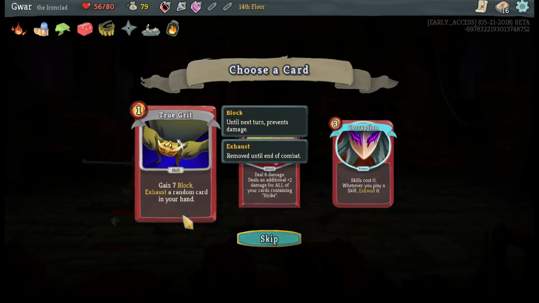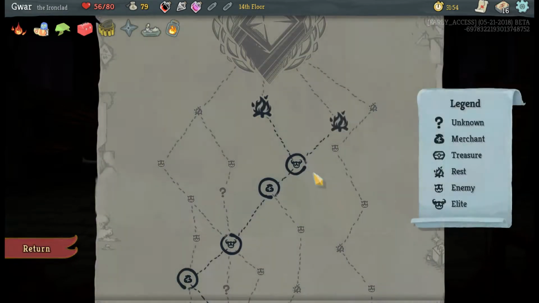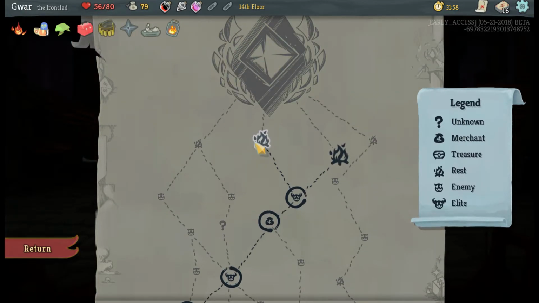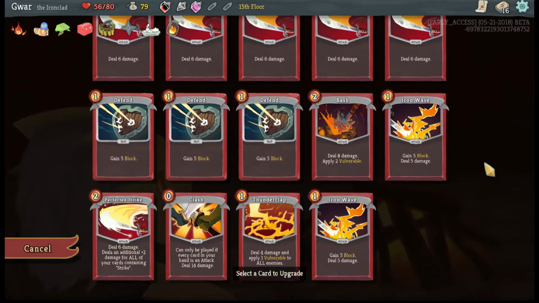This is not a bad pickup, a strong block card, but let's just keep going. Yep, I got it. I don't need those rewards. At 56 HP, I should be able to take on the final boss, hopefully. So let's keep upgrading stuff. I just put...